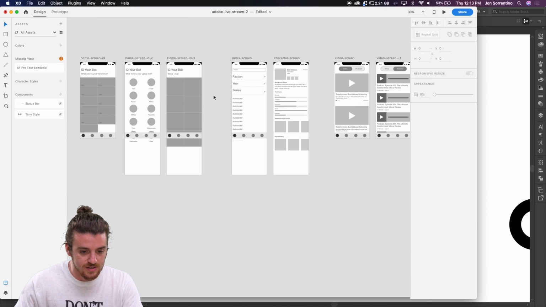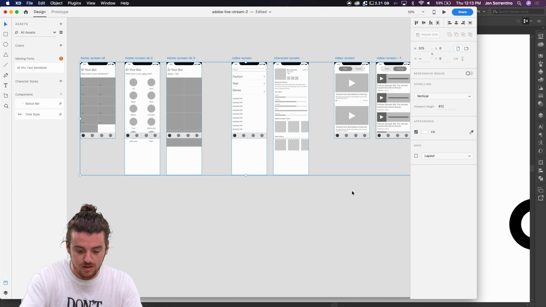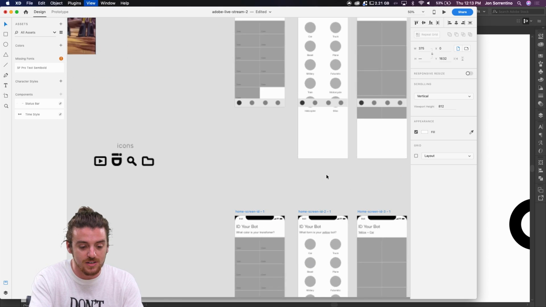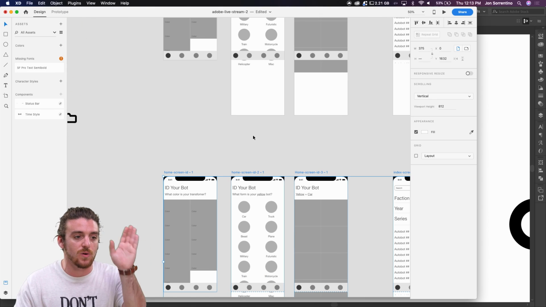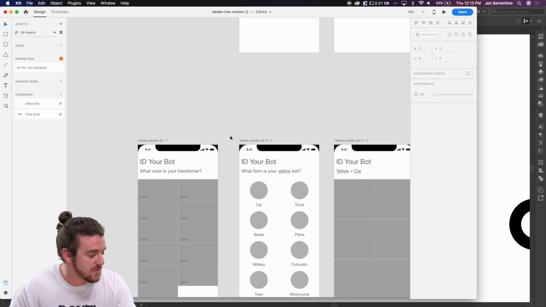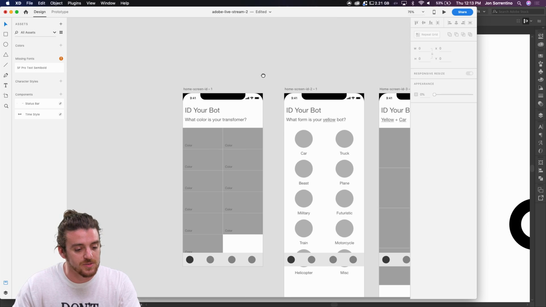So one thing I like to do is just select all the artboards, and I just wanna duplicate them because I like seeing the progression from when it started to where we're gonna end today. And just knowing, okay, what things did we change and why, it always helps to look back on that.